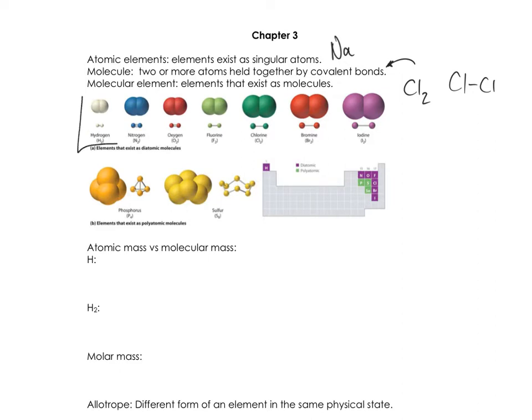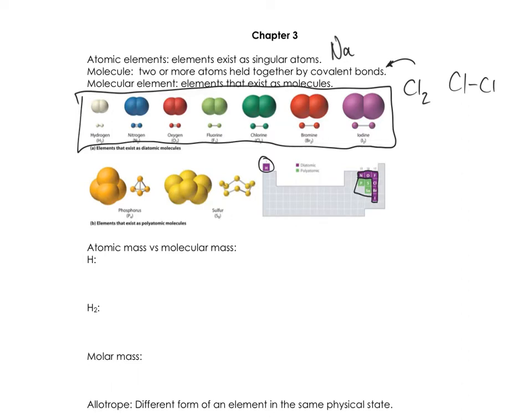And there are 7 diatomics on the periodic table that we're concerned with. You need to know these, memorize them. The way that I learned it whenever I was going through this stuff is you have hydrogen, which is obvious, and then if you look at the other ones, they form a 7 starting at nitrogen. These guys here form